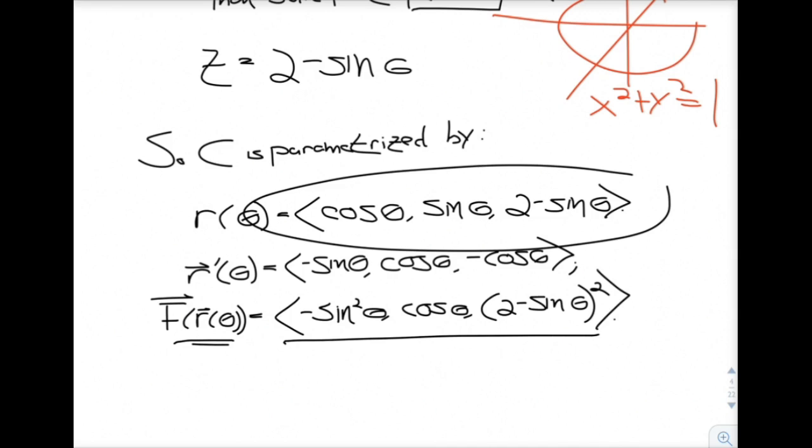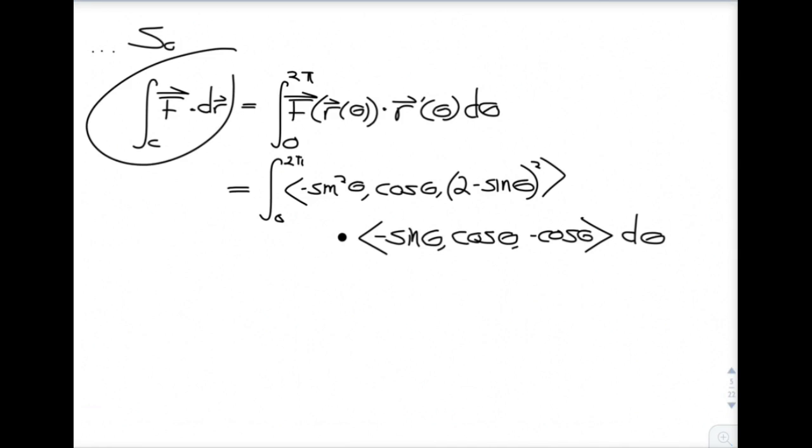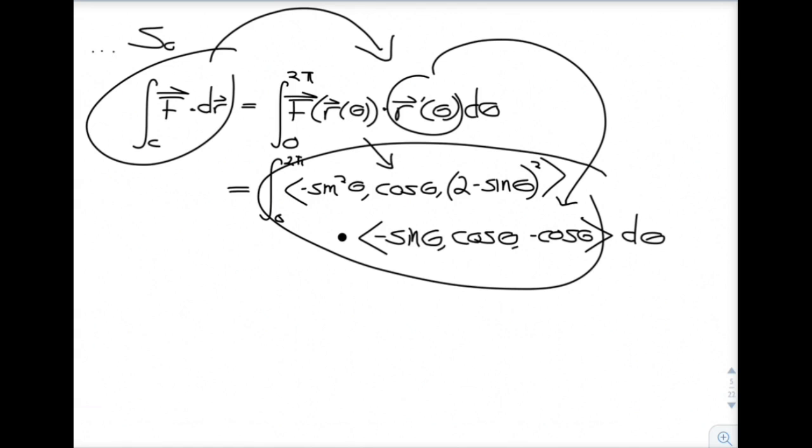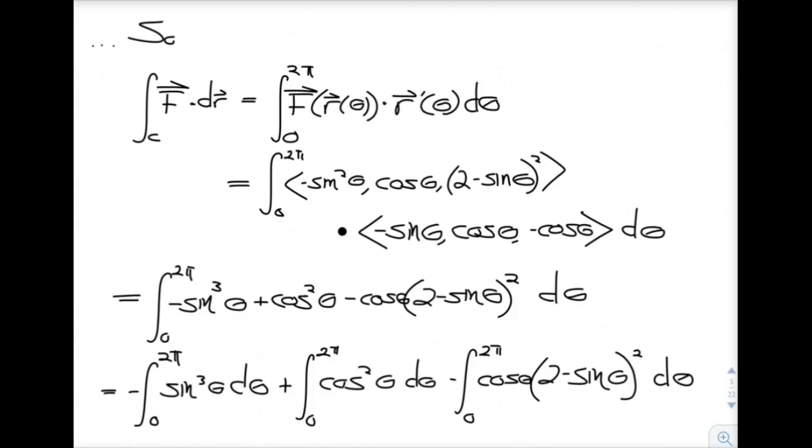Great. Now we're ready to calculate our line integral of F, and we replace it with its parameterization. That's this thing over here. I didn't write this above, but the limits on our parameterization are from 0 to 2 pi. That's so we get to go all the way around the ellipse. And now we replace F of r of theta with this vector expression up here, which we obtained above. And we replace r prime of theta with this vector expression, which we also obtained above. And now we only need to take the dot product of all of this stuff before we actually calculate the integral. We take the dot product, so